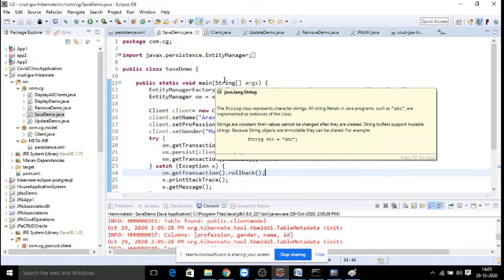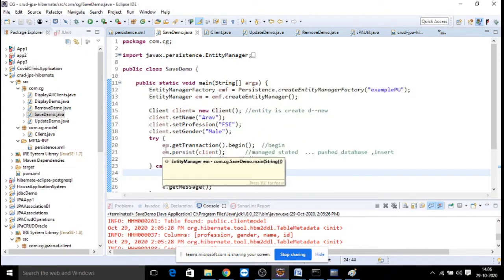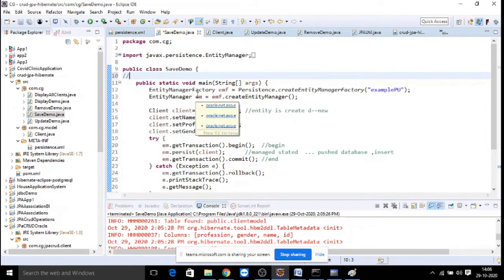Second, in any of your logic, whatever the business requirement may be, you only need to do four operations. What are the four operations? Either you will be adding into the table, or updating something in your table data, or deleting, or listing. Only these are the four operations you need to do. So become comfortable with these four logics so that it is easy to implement with any case study problem.